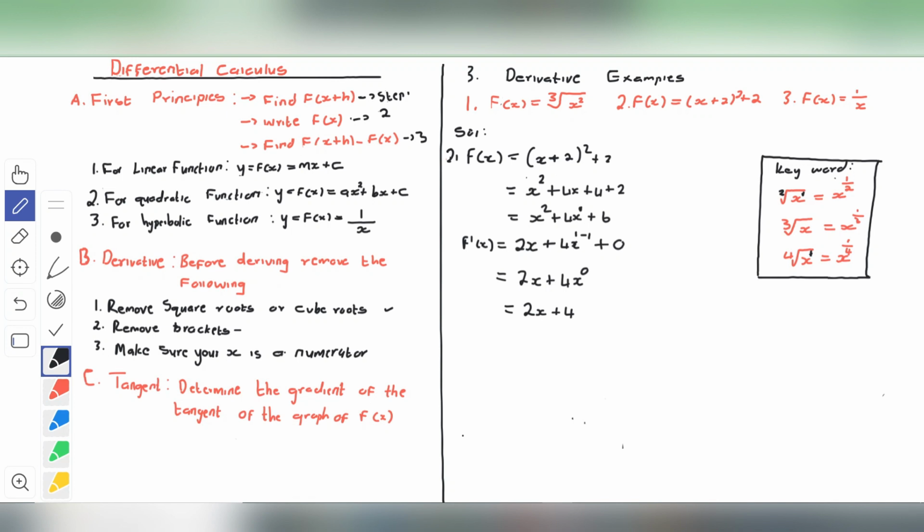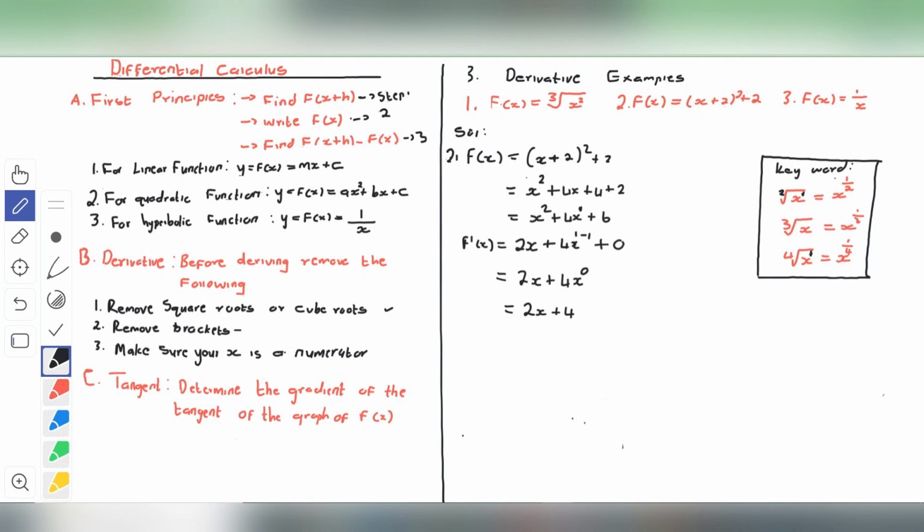This is the answer. Even though you can take your calculator, press 100 to the exponent of 0, you're going to get 1. Anything to the exponent of 0 is 1. So now we are done with the second example. You can see that after removing the brackets, things are easier for you to differentiate. Now we're going to do